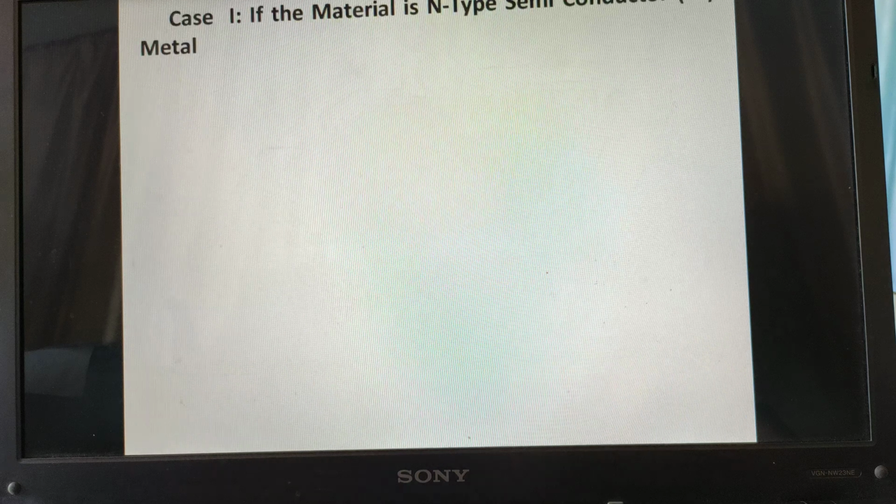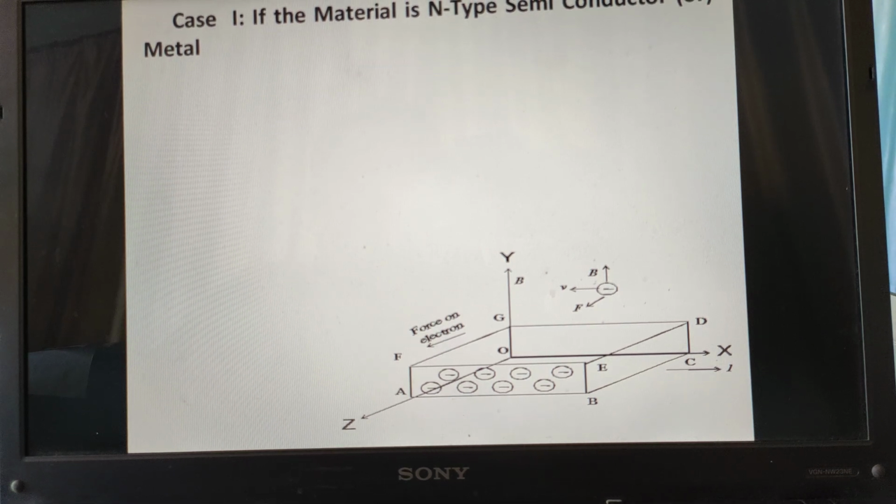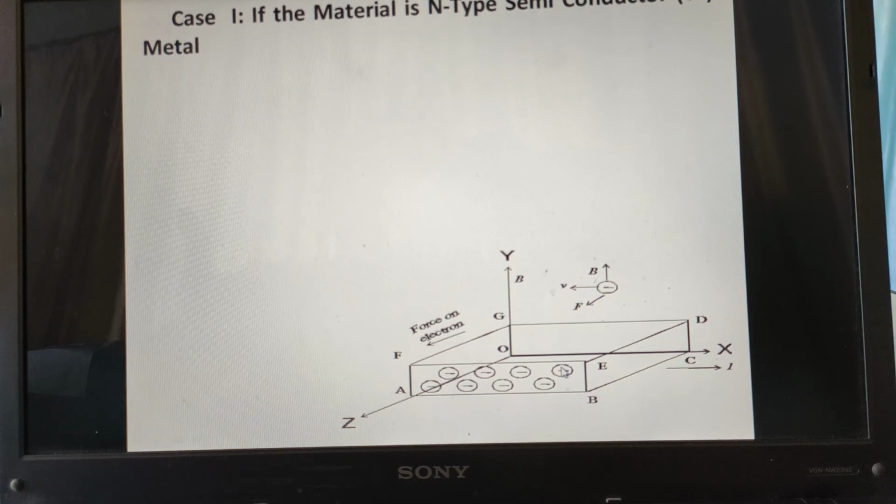So we have just applied an electric field and magnetic field by taking an n-type semiconductor. This is the diagram. You can exactly see this side. If we apply current along the x-axis and magnetic field along the y-axis, then automatically the charges will shift along the z-axis. So the surface towards you, that is ABEF, becomes negatively charged and the back side becomes positively charged. So by applying a voltmeter between these two, we can easily measure the Hall